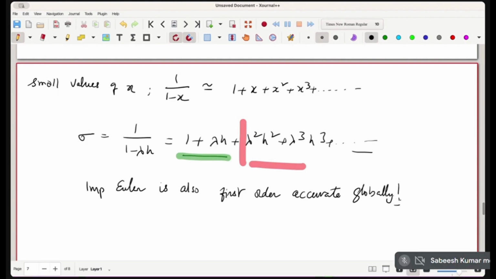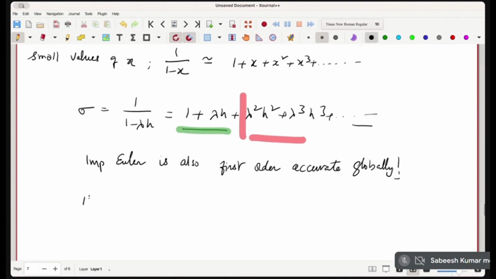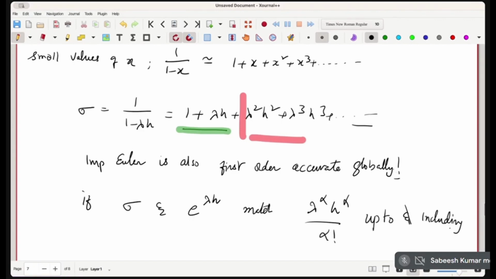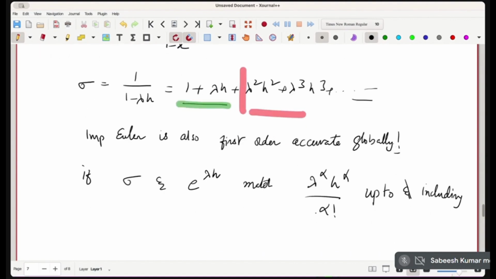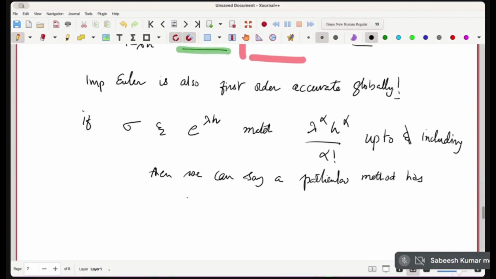Now, from now on, instead of saying what is the term that is being truncated as the local order of accuracy, we can say if the terms in sigma and the terms in e to the power lambda h match to lambda power alpha h power alpha by alpha factorial, okay, if they match up to and including h power alpha lambda power alpha by alpha factorial, then we can say that a particular method has order h power alpha as the